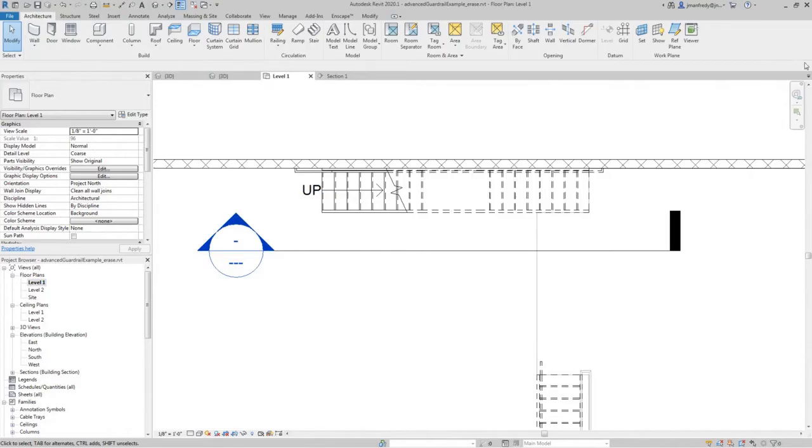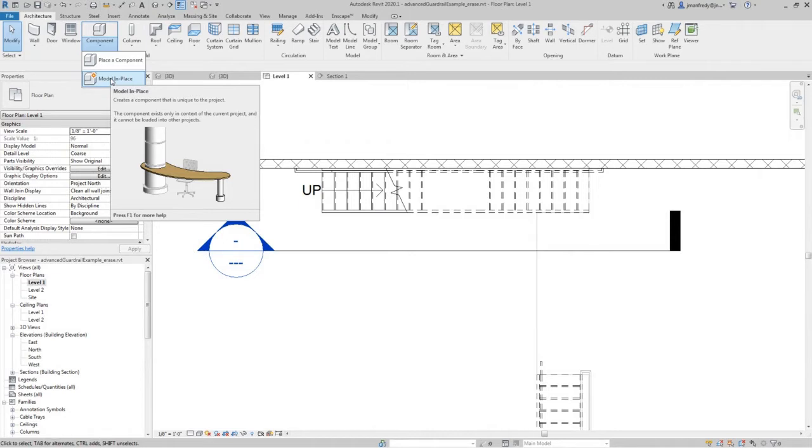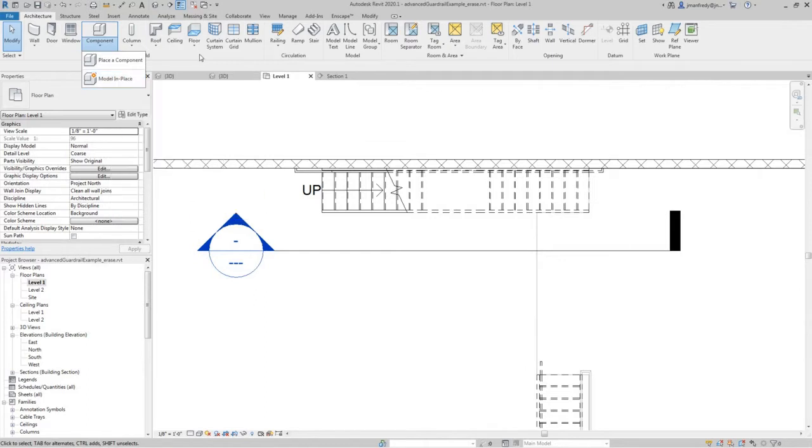So in this case, I want to make a railing across here, right at the stringer, and I want to draw it custom because Revit's tools don't quite give me the flexibility that I'm after. So component model in place allows me to draw just about anything in Revit on the spot. In order to draw a railing, though, I need to tell Revit, that is,